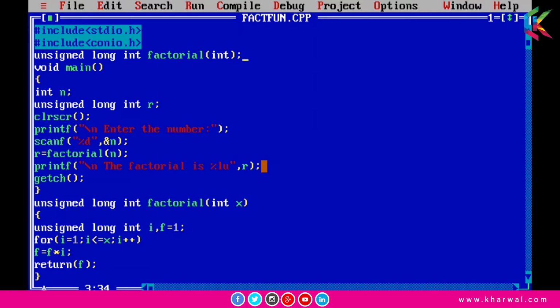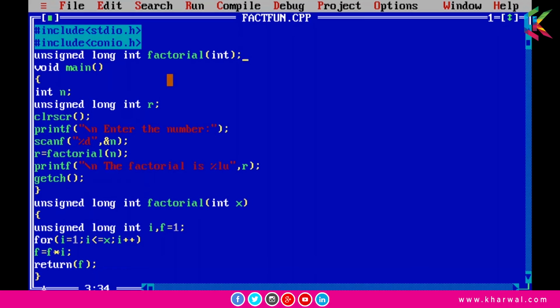Now the question arises, why are we using unsigned long int? Suppose if we use integer as a return type, then we cannot find the factorial of a number greater than 8. And suppose if we use long int as a return type for this function, then we cannot find the factorial greater than 19. So that's why we are using the unsigned keyword, and that actually doubles the range of long integer. And if you want to know more about this unsigned integer keyword, then a link is coming up in the suggestion. You need to see this.